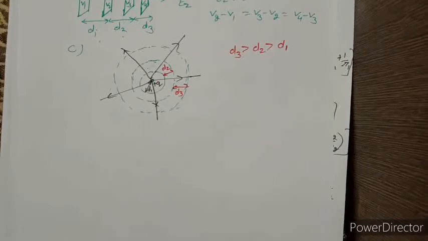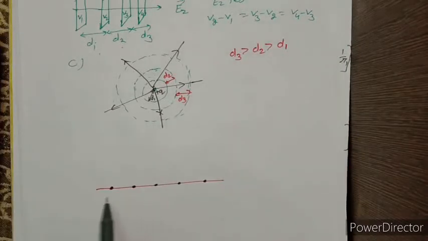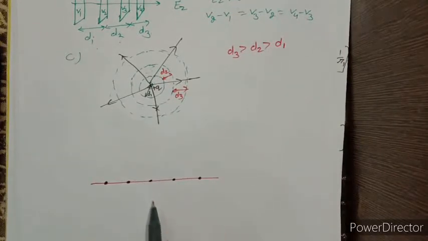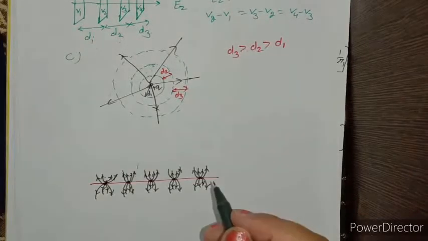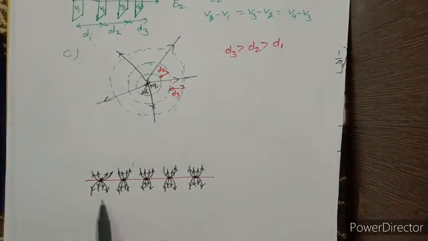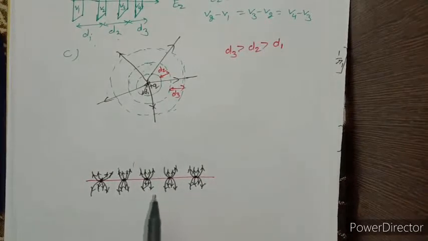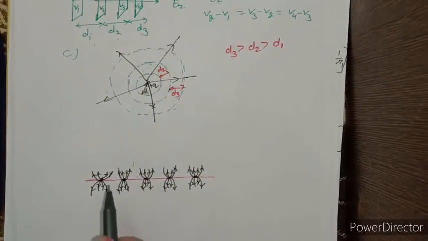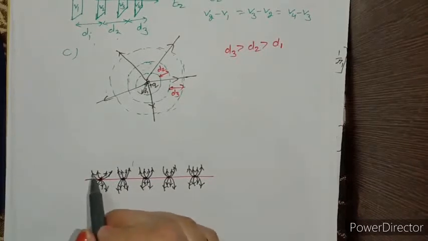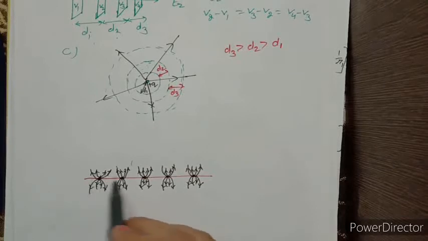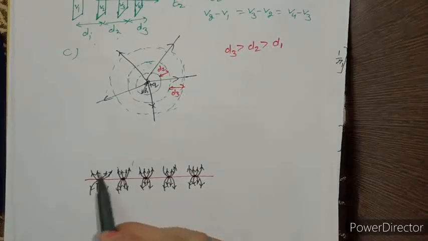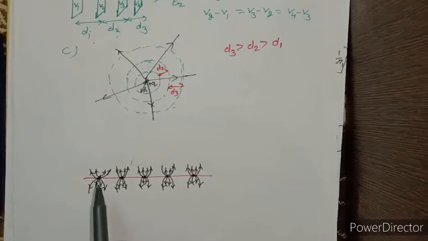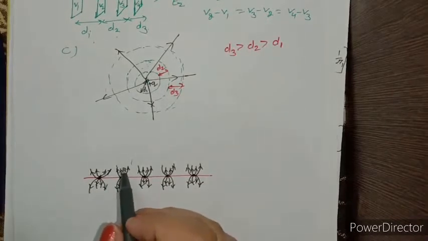Now in part D, a uniform grid consisting of long equally spaced parallel charged wires in a plane. These are a number of long wires joined to each other. If we represent the electric field lines here, considering a positive charge, the field lines point in the outward direction. Due to a point charge, the equipotential surfaces are concentric spheres, and here we have a number of point charges. So the equipotential surface is represented